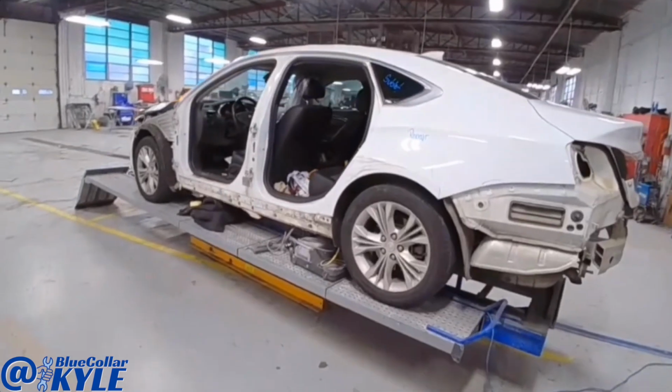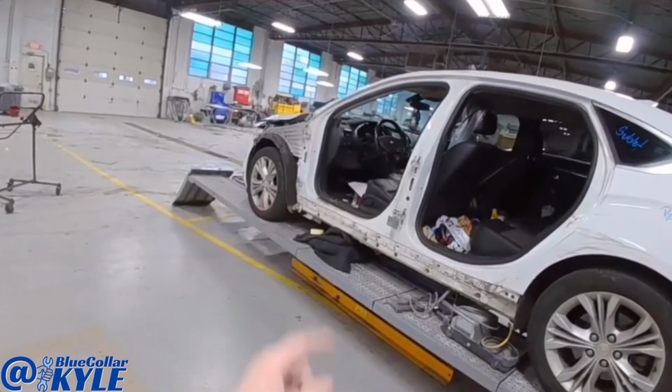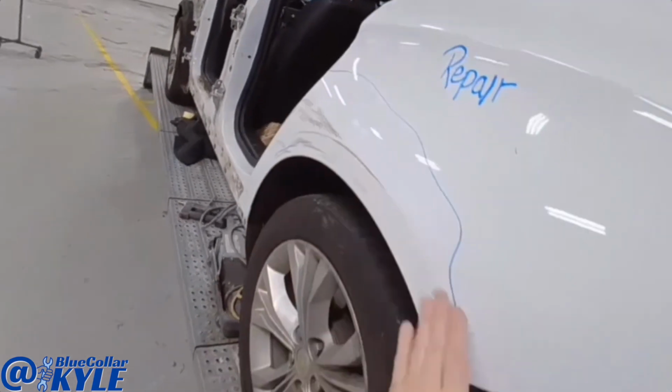I have an Impala here. This one got drugged on the side. It's getting a new fender, 2 new doors, and then I have some damage on this quarter panel I'm gonna